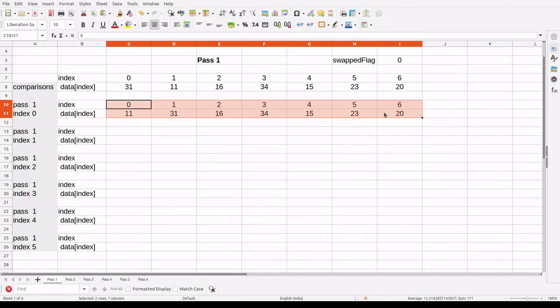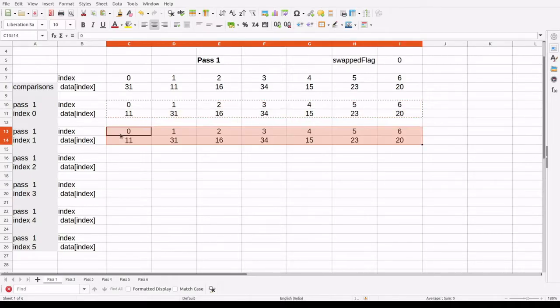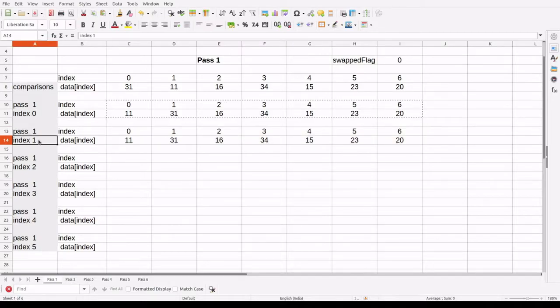Okay, so here, what's the index that is given here? The index given here is 1, and what we are basically trying to do is push the largest element towards the right. And in each of these individual cases we see, in this particular case we have index 1, so